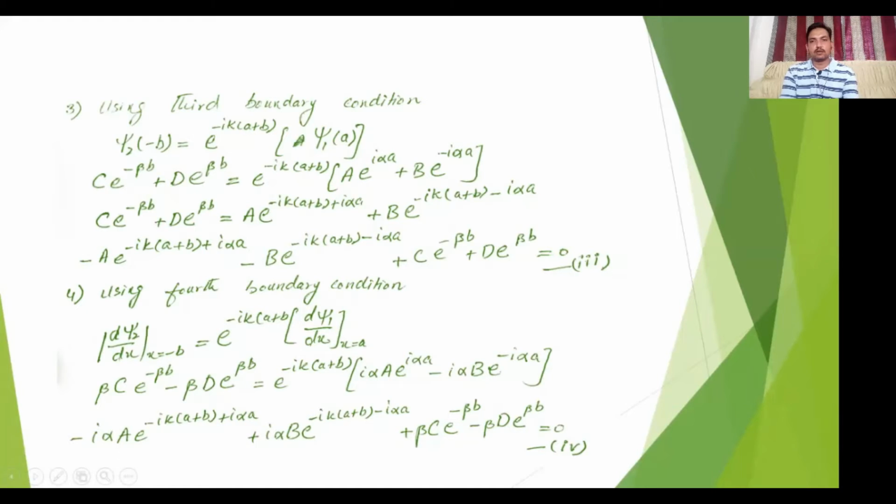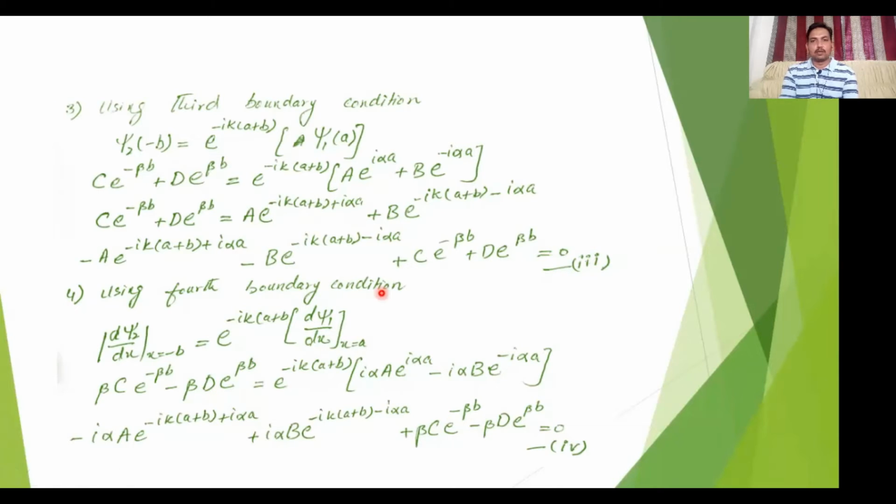And in square brackets, we put the value of psi 1 and put x is equal to a. exponential iota alpha x is now exponential iota alpha a, and the second term is b exponential minus iota alpha a. Similarly, you have solved this and rearrange this. So it's quite simple. Here you combine the bases. So exponential iota k a b plus iota alpha are combined with a single base e, and the same is with this term. So just rearrange this and get this equation 3.